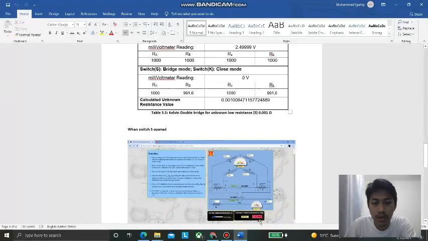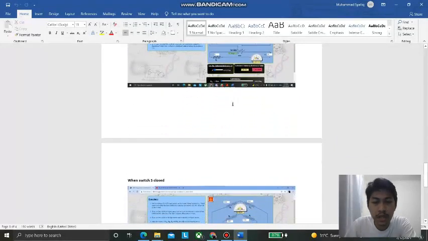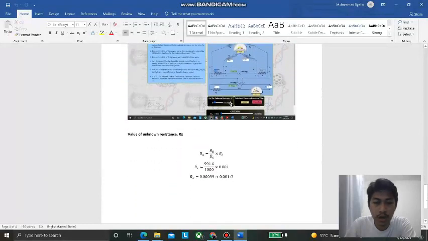And then after we click the calculate value here, we found that our calculated unknown resistance value is 0.00100. Then, to prove that, we show you the manual calculations. Use the same formula here and take the values, which are now our RS is 0.001 and our RB is 991.6, and we get that our manual calculation for unknown resistance Rx is